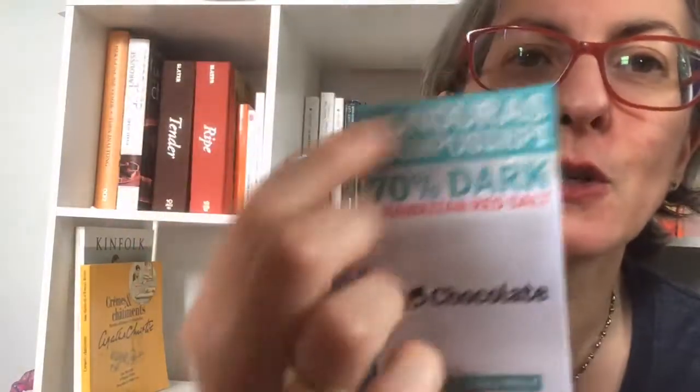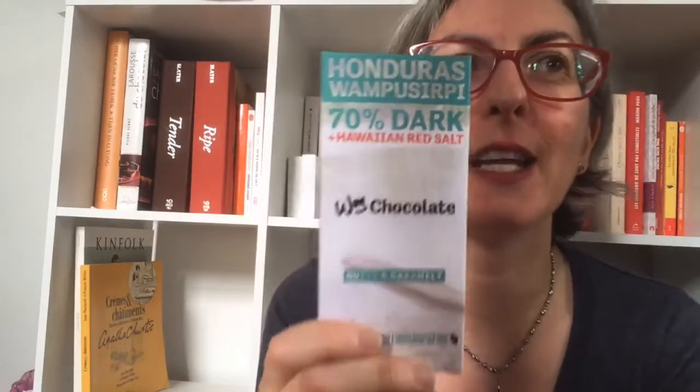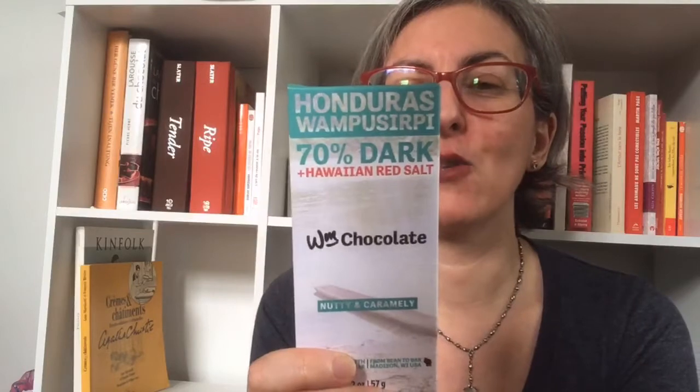I like the color of this. It's like this swimming pool blue, almost a teal turquoise color, and I thought that's such a nice, summery color. And I have some sample bars here, and I'm going to cut them up. They're always nice and thick. Before I taste it, it's a bar I'm quite familiar with, but what I like doing with this one